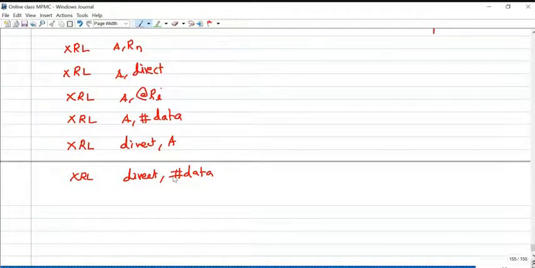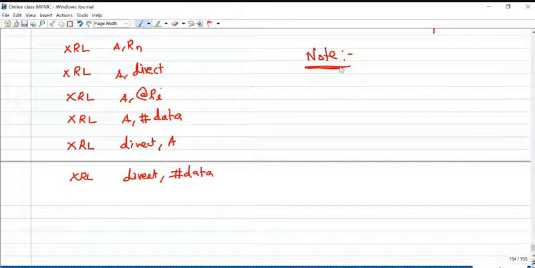In the microcontroller, an important note: in the microprocessor we studied that during all arithmetic and logical operations, depending on the result, your flag registers will be affected.